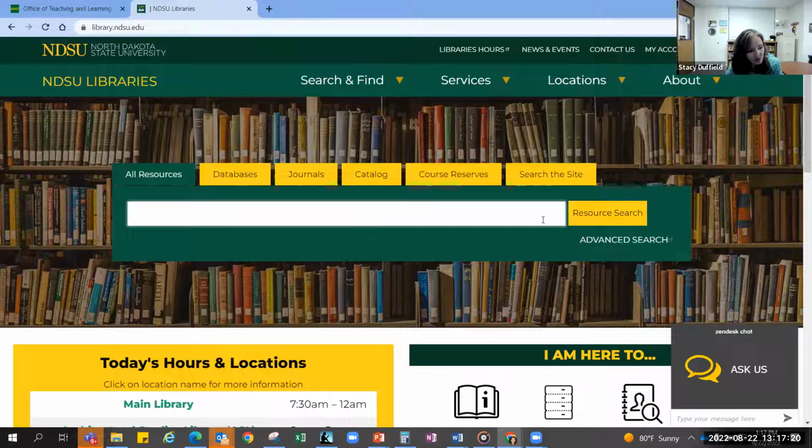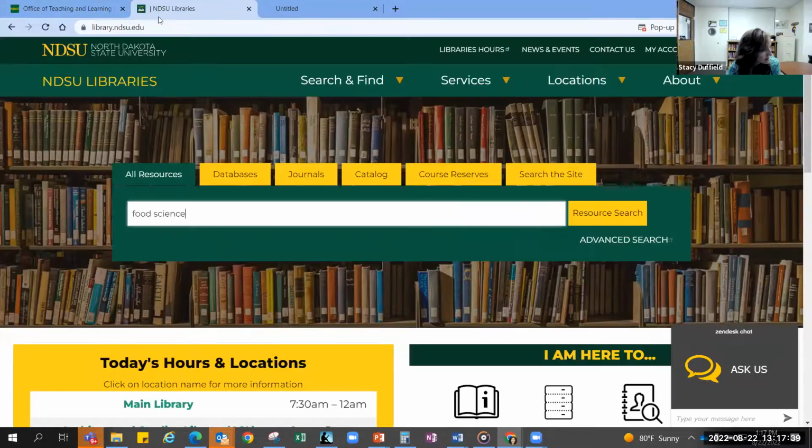And then you can do a resource search, and I'm just going to put in food science as a topic, and I'm going to get a ton of returns on that. But this will tell you all different kinds. Oh, it's not coming up here. Let's see. I don't know. You can type it in, and you'll get a list of resources, and then you'll be asked to log in if there's something that you want to open and download.